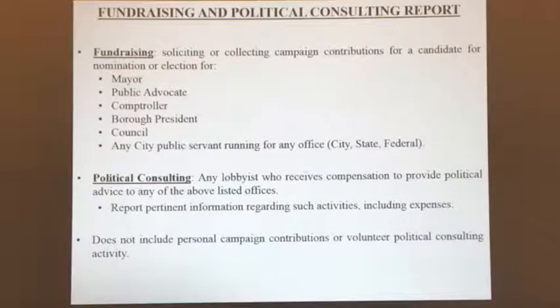So let's say I am the head of government relations for the American Physicists Association, right? And I write a $10,000 check to the mayor. I don't have to list that. But let's say the mayor's having a dinner, and I call 5 of my sorority sisters and I say, hey, Susan, Beth, Mary, Lily, the mayor's having this dinner, it's a $10,000 table, come to the dinner, right? I've just raised $50,000 for the mayor, and I have to report that activity.